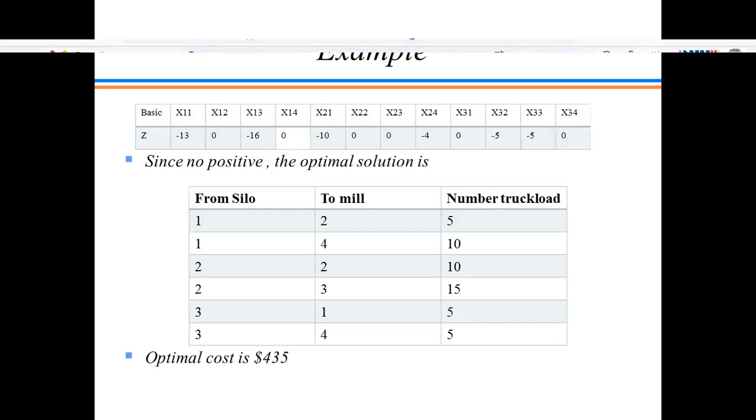First, transportation model is a special case of linear programming model. Special because usually the application is to transport the item from the sources to the destination. Each source has its own capacity and each destination has its own demand.